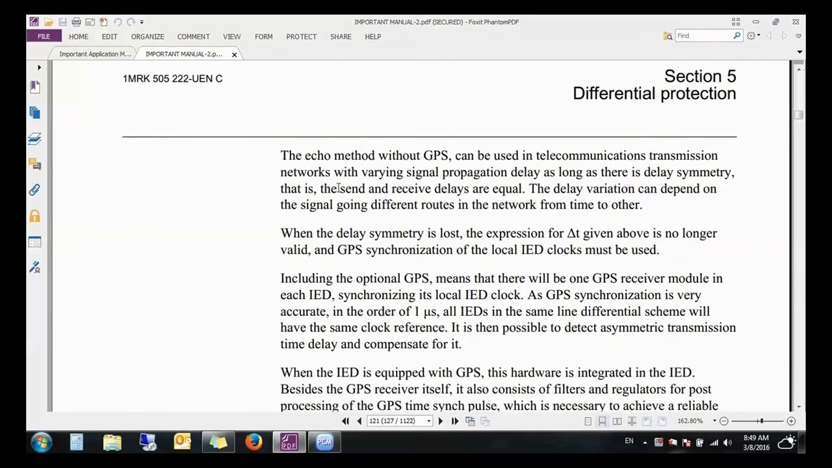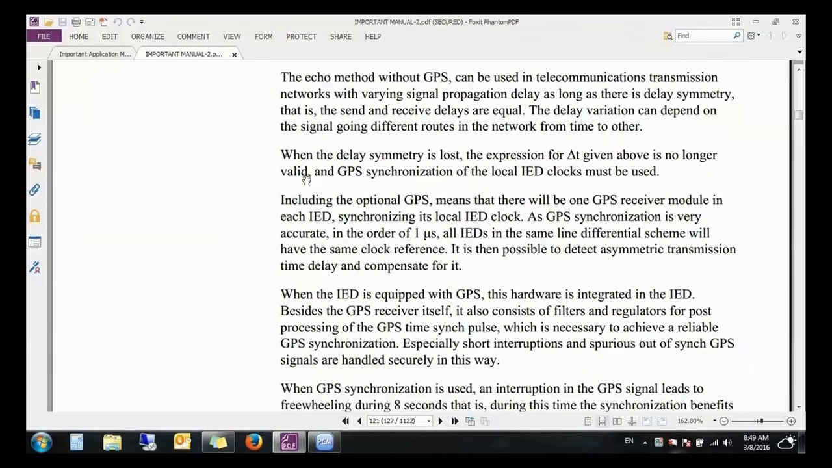Transmission network with varying signal propagation delay, as long as there is delay symmetry between send and receive, meaning the same send and receive delays. The delay variation can depend on the signal going different routes in the network from time to time. This means there can be a delay variation. But I told you already, when delay symmetry occurs between the two sides,